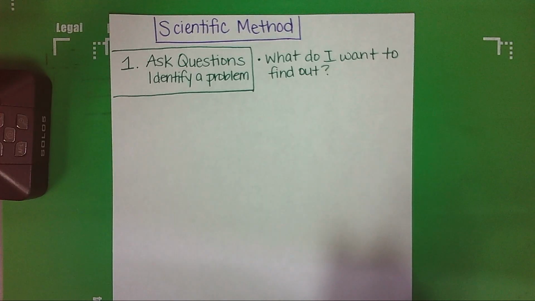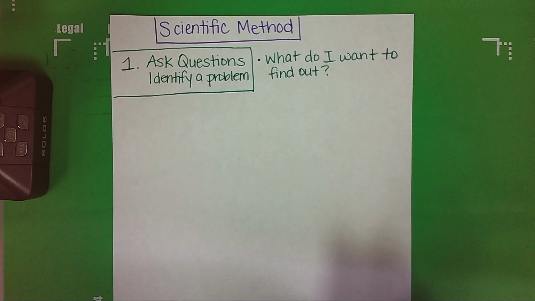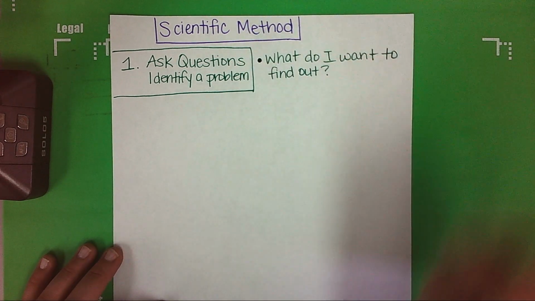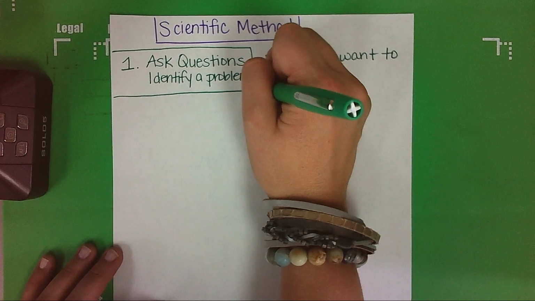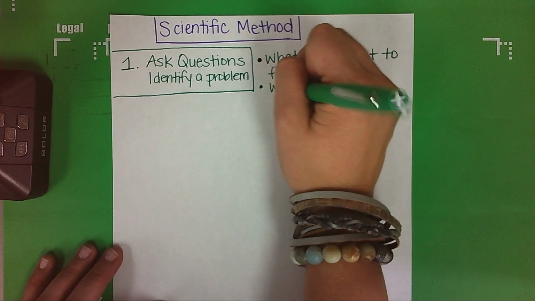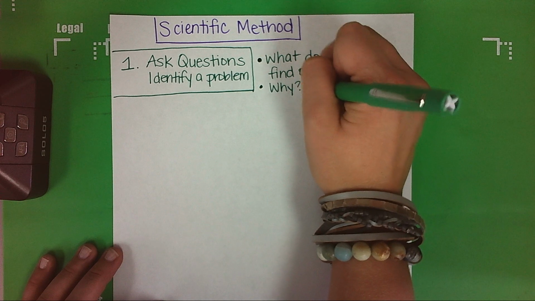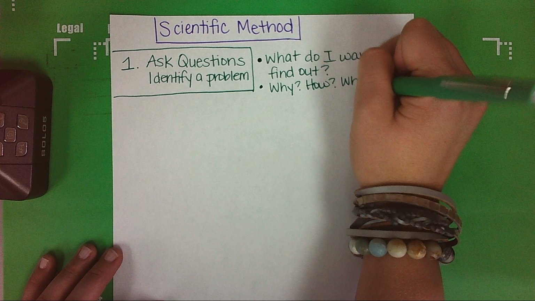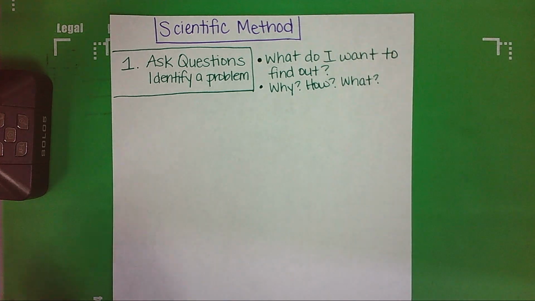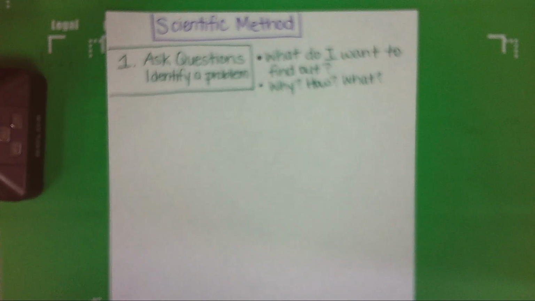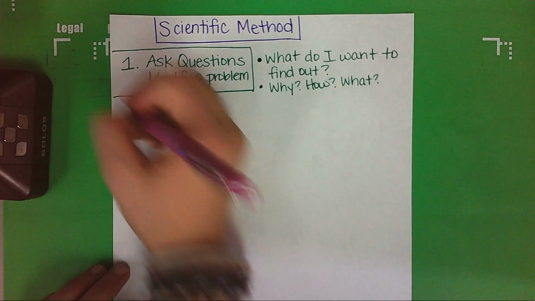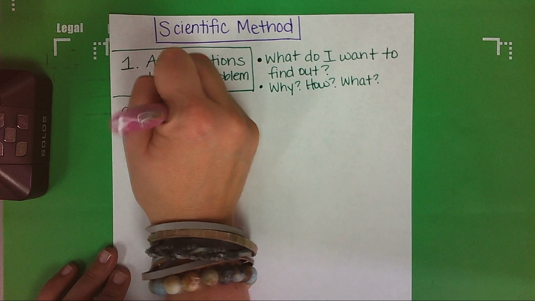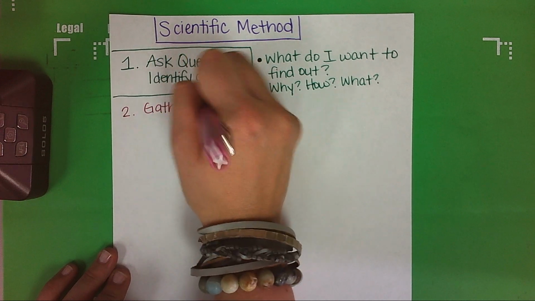Why does this always happen when this happens? Okay, so in the scientific method, you would start with a why, how, what. You would start asking questions. Okay, so after you ask questions, you're then going to gather information,